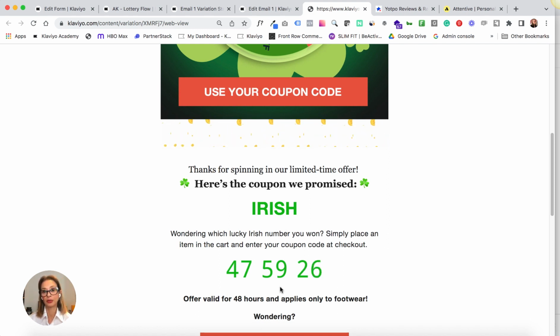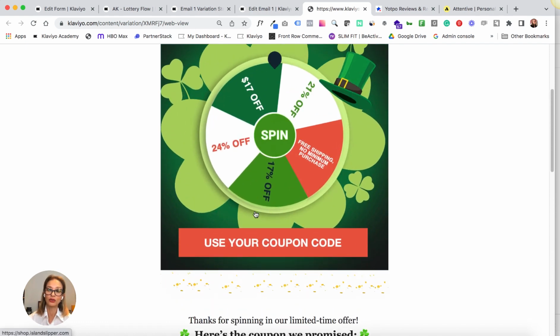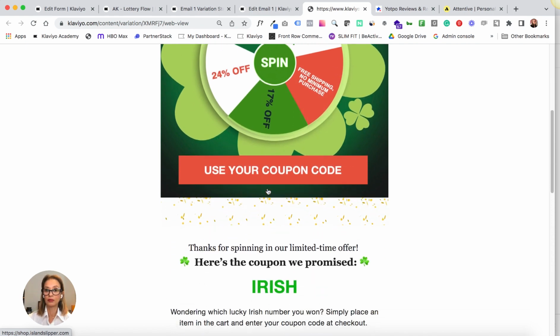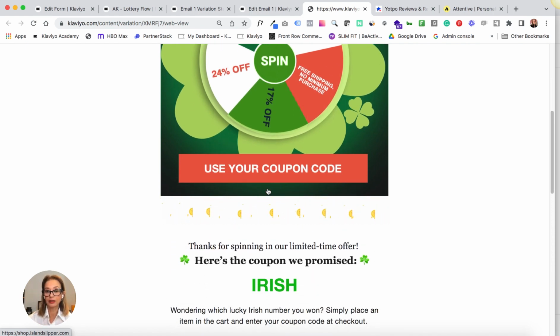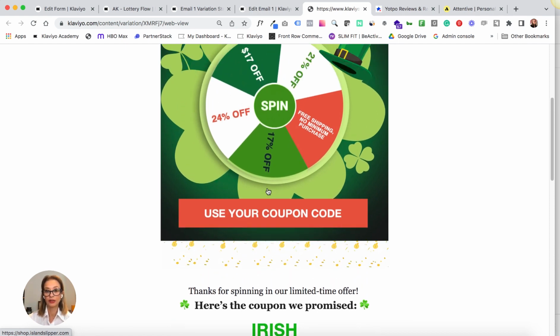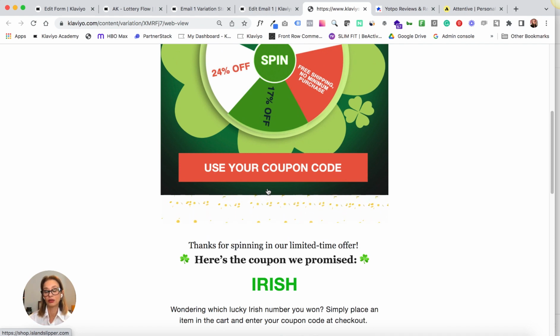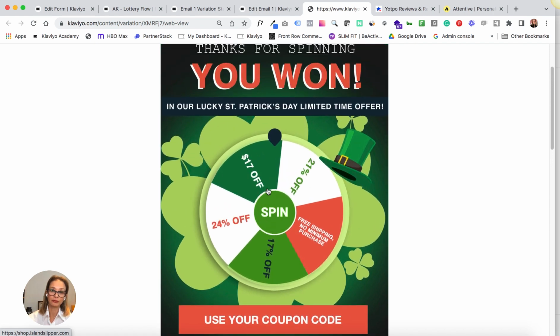While they put this in a cart and add this coupon code, they will know which one of these offers they get. I like this feature because I feel it really forces people to go through the buyer cycle. I find we have better conversions with it, and I feel it also builds a little more anticipation because you're not revealing the coupon code right away.